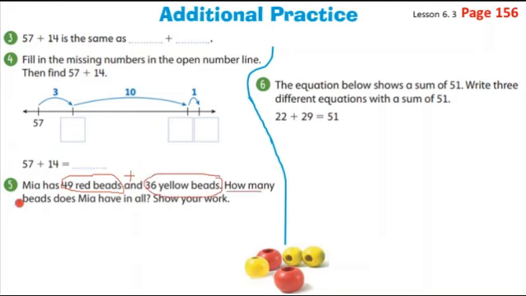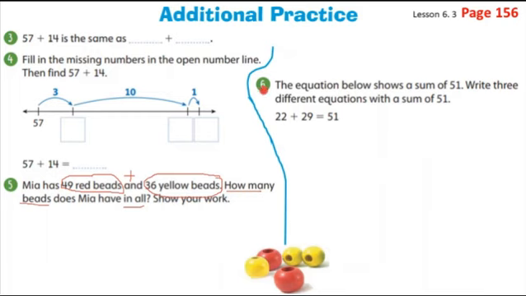How many beads does Mia have in all? So you need to figure out what this is going to be. So 49 plus 36 beads. Pause and finish your